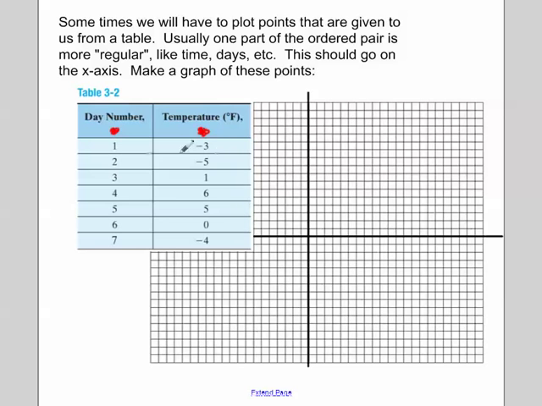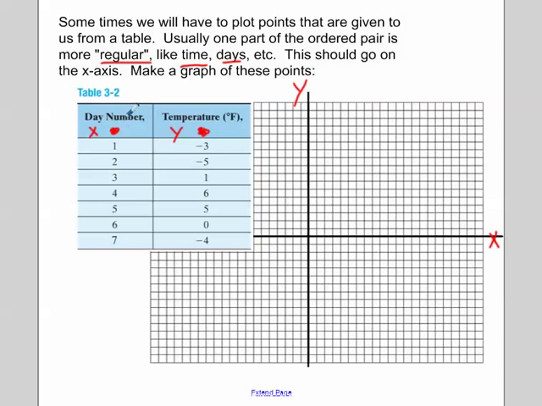Temperature might fluctuate quite a bit, so our day number might be number 1, and number 2, and number 3, and number 4. This could be Monday, this could be Tuesday. But the day, because it's so regular, should go on the x-axis right here. And then whatever's left over, the temperature, would go on the y-axis. So they did give you x and they gave you y, but I kind of wanted to give an idea about why you come up with x as the day number. So usually, again, the regular things like time, days, number of widgets that you create in a factory,